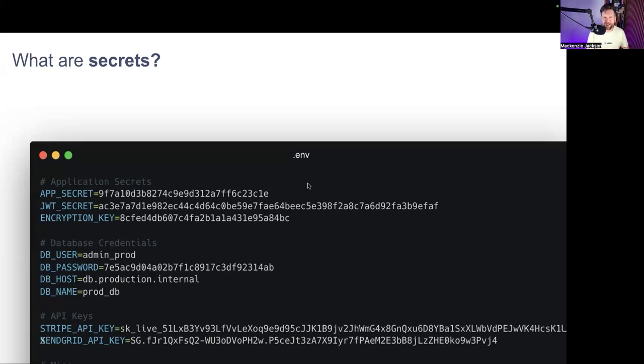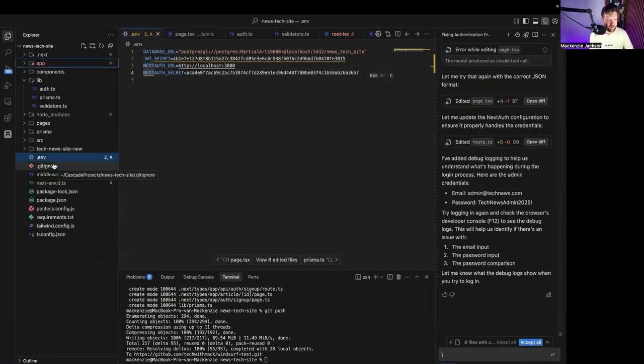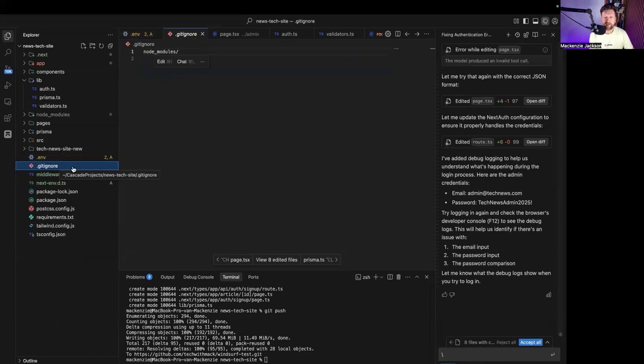The problem is that this file is extremely sensitive. One of the biggest ways that applications get hacked is because this file gets exposed. And the biggest way that this gets exposed is through GitHub or Git projects. So I want to give you a concrete example of this. And this is kind of the first thing. If you don't have one of these in your applications, it's called a .gitignore file, then you absolutely need to